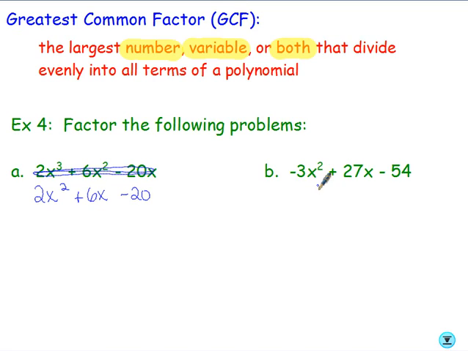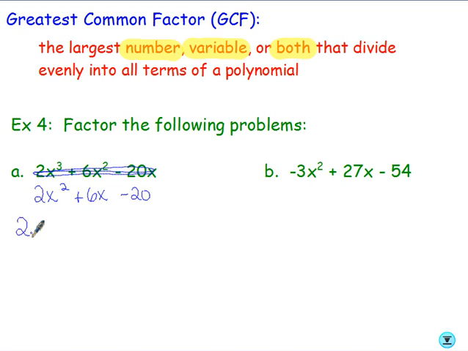That's your big red flag that you have a greatest common factor, because we don't want that number at the beginning of our equation. So, if I look at my options here, I have a 2, a 6, and a negative 20. I need a number that I can divide 2, 6, and negative 20 all by evenly. And that number is 2, which happens to be the number in the front. So here's how we do these problems. That number that we just found